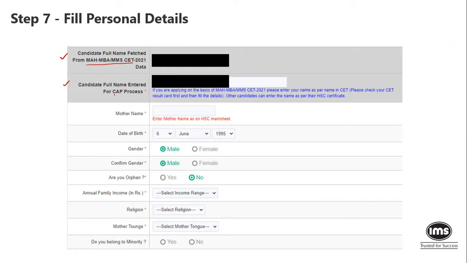The candidate full name entered for CAP process. Okay, so you'll have to ensure that your name that you are entering, please enter your name as per name in CET. Other candidates can enter the name as per their HSC certificate. So those of you who have not taken CET and maybe applying through your CMAT score, then you will have to fill this form. And while filling the form, you can enter it the way it appears on the HSC